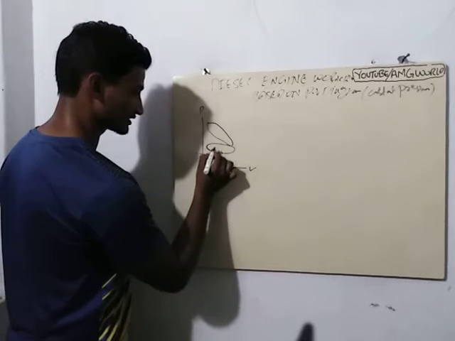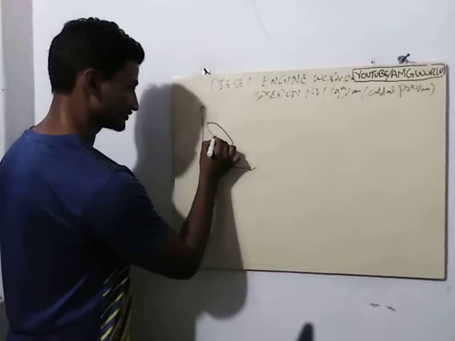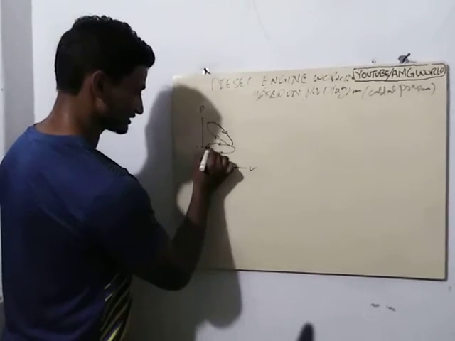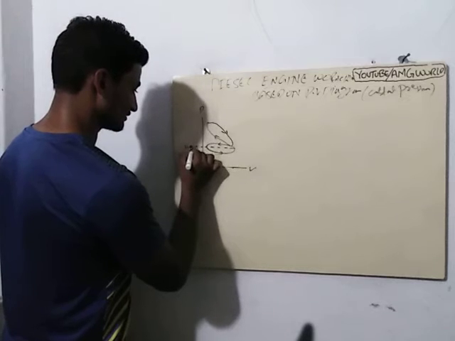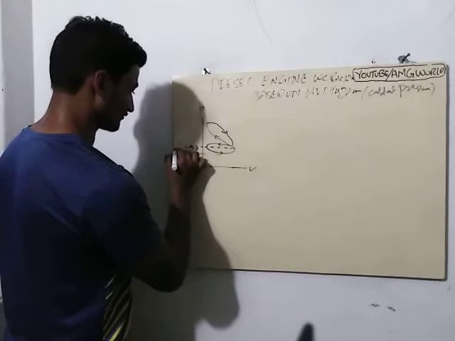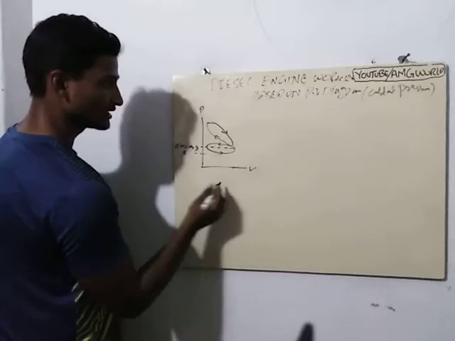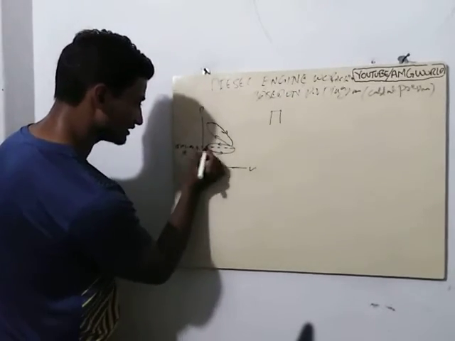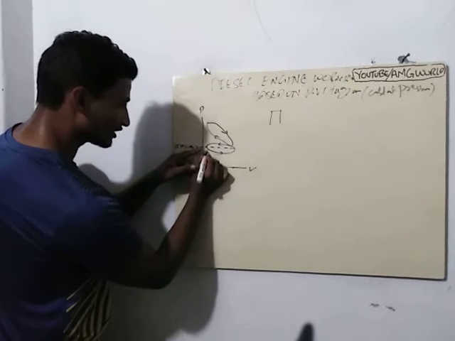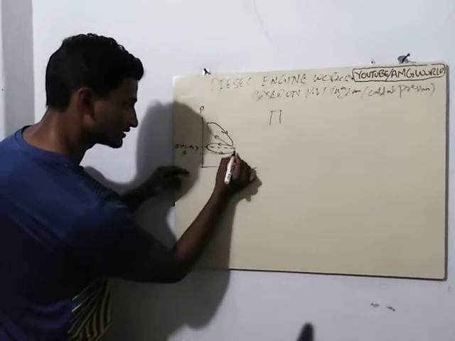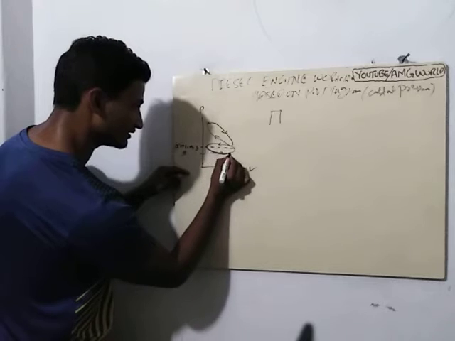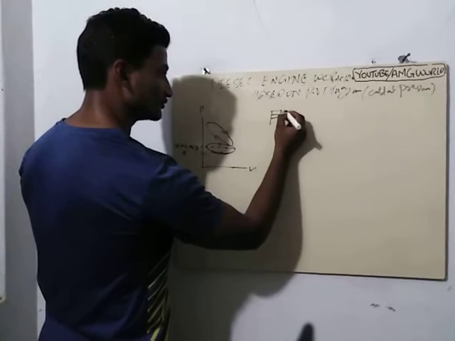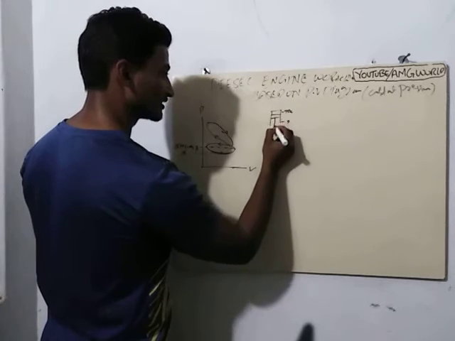This one is the suction stroke and exhaust stroke. This one is the compression stroke and expansion stroke. What happens during suction stroke? This is the ATP, which means 1.013 bar, or 1 bar of pressure, right? But during the suction stroke, what happens? Volume increasing means pressure reducing. Here the pressure is reducing below the atmospheric pressure when traveling of piston from TDC to BDC, right?